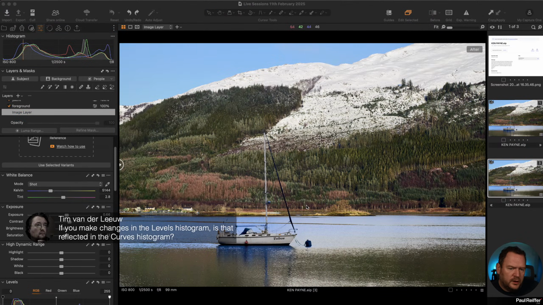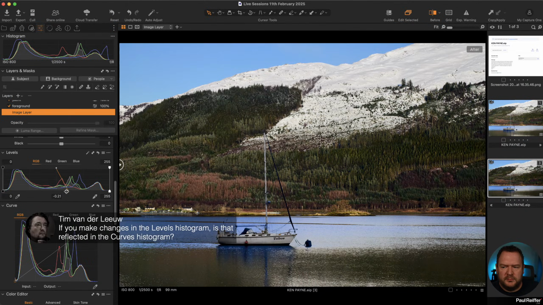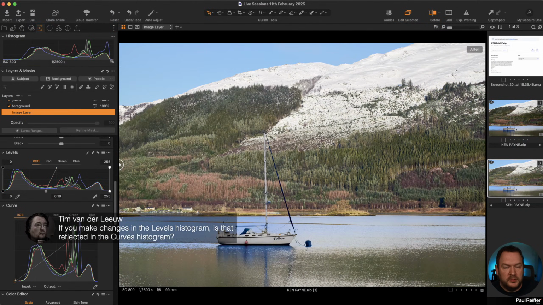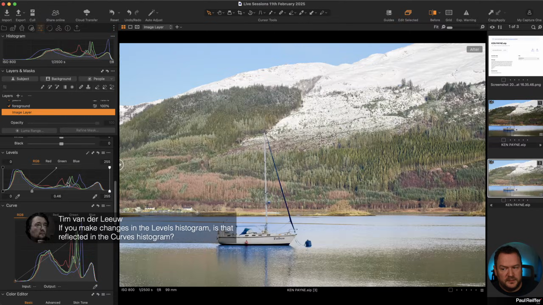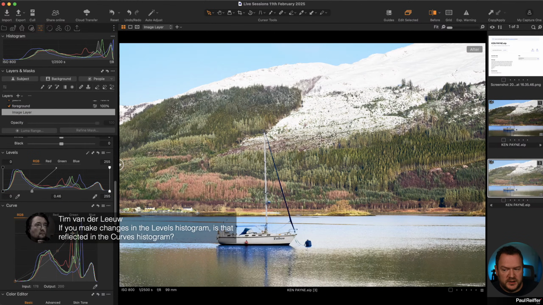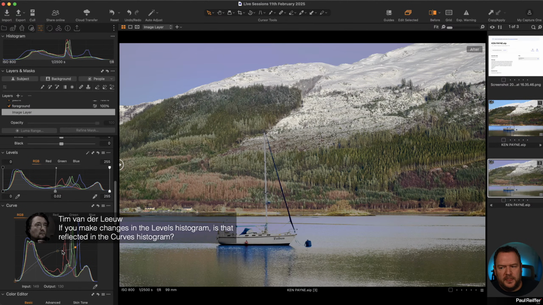Good question, Tim. I like interruptions. So if I change the histogram in another tool like levels, does it reflect in the curve? Yes. You notice the levels histogram doesn't change, but the curve one does. So the tool that I'm manipulating between levels and curves does not change its own histogram. But the output one does.